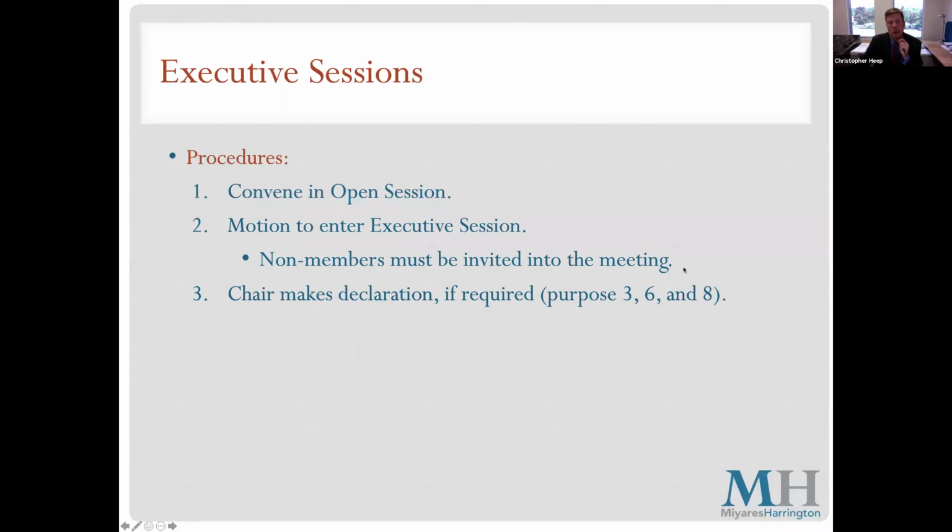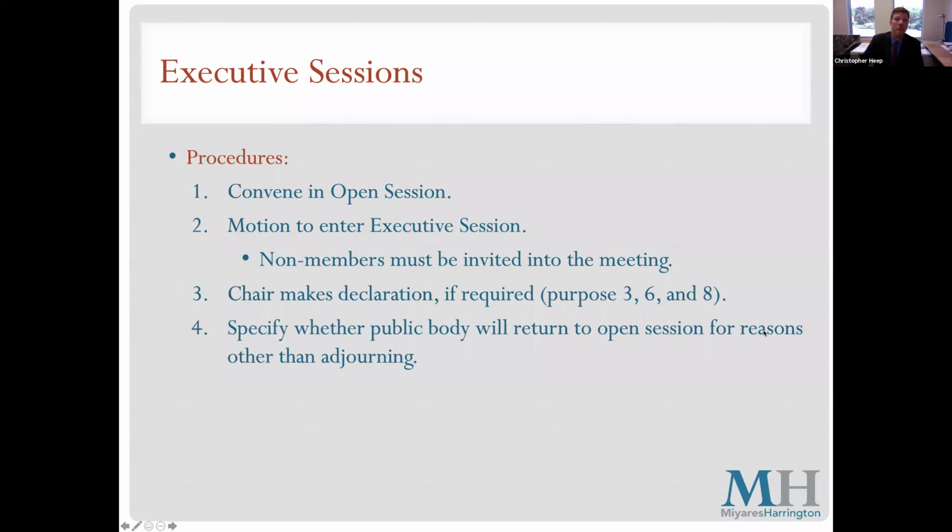For example, if the board is going into executive session to discuss litigation, the chair must make a declaration that conducting the discussion in open session would have a detrimental impact on the board's litigating position. And finally, the board must specify whether it's going to return to open session for returning to its meeting and conducting other business. And it must declare that one way or the other.